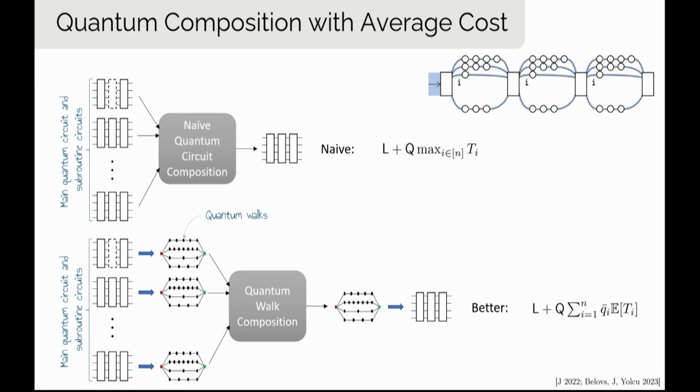Okay, so naive circuit composition does not give you good complexity, but using a better sort of technique, we can actually get composed algorithms that have this complexity. And this actually looks very much like what we get in the randomized case. To see that,